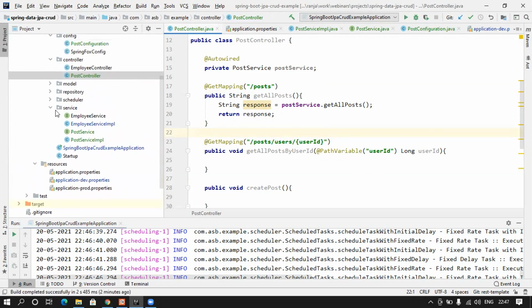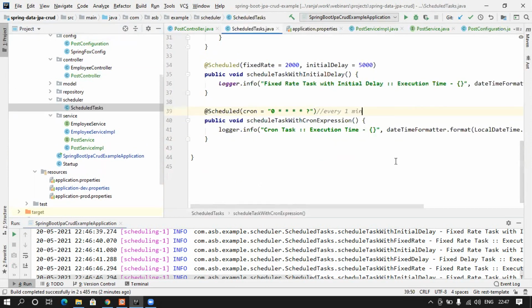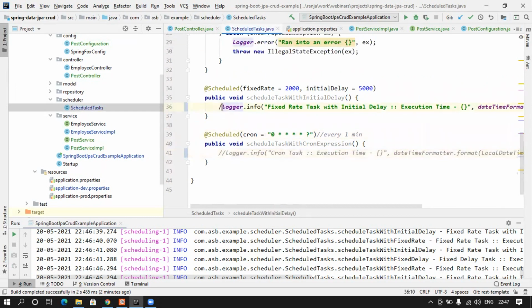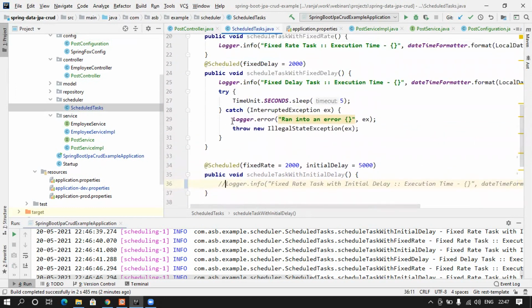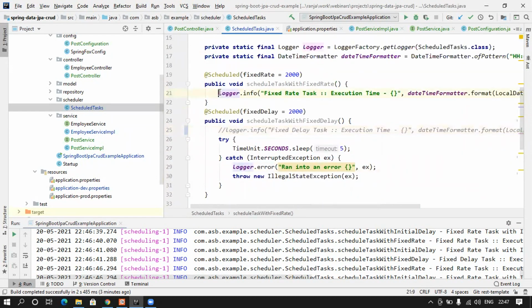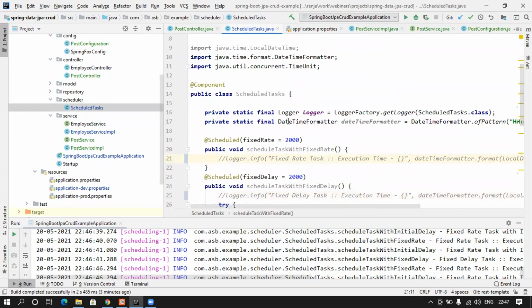I'll do one small change because the scheduler is running quite fast. So comment this line, comment the log lines. So that we don't get bothered by the print messages in the console. Okay, so now